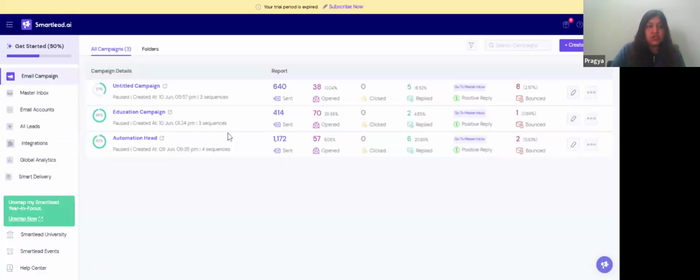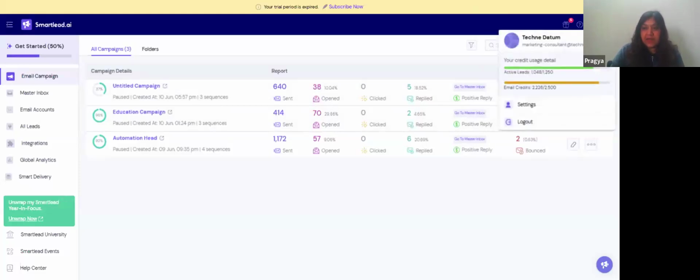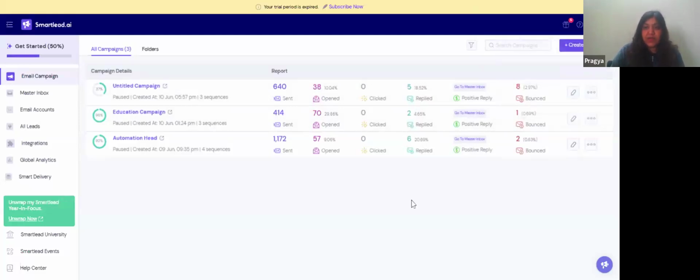So over to my dashboard. I hope my dashboard is visible. I had created a trial account for this particular instance where I had used one of my company email IDs, and as you can see, the domain name is different from my original domain. The reason being, I didn't want my domain to be compromised. I want to keep my original domain intact.